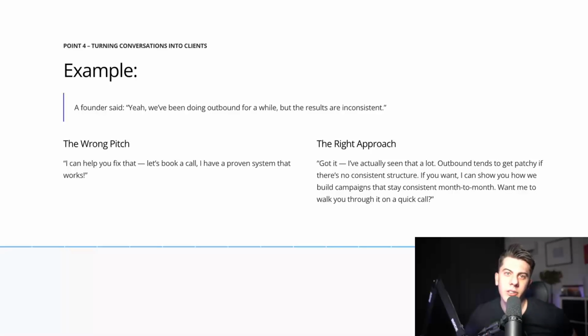Got it. I've actually seen that a lot. Outbound tends to get patchy if there's no consistent structure. If you want, I can show you how we build campaigns that stay consistent month to month. Want me to walk you through it on a quick call? And guess what? He said yes. That one message, friendly, helpful, not pushy,